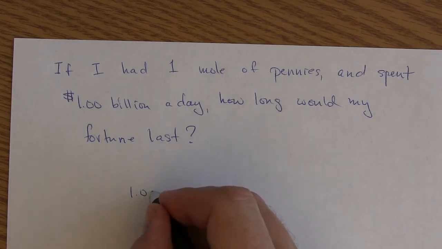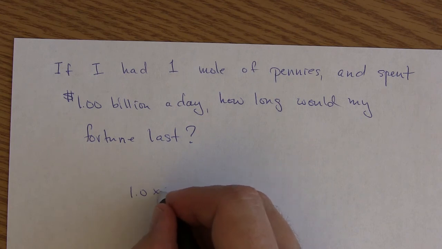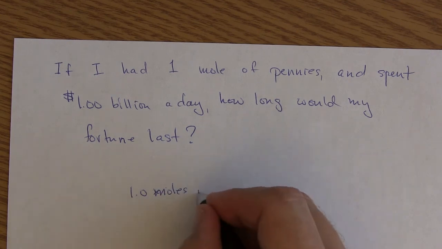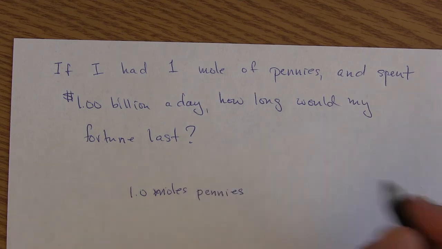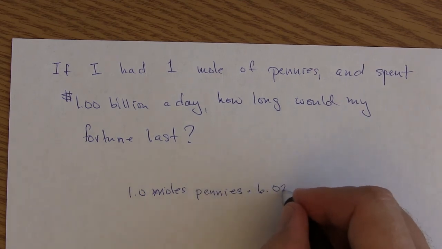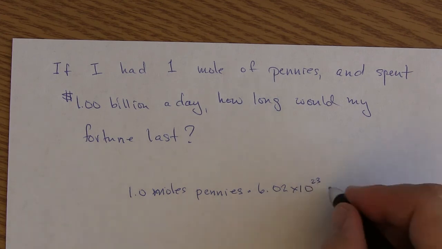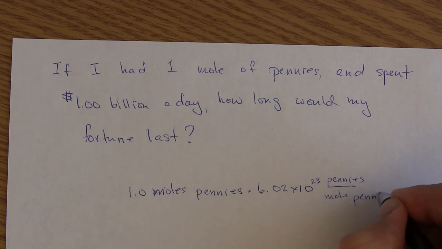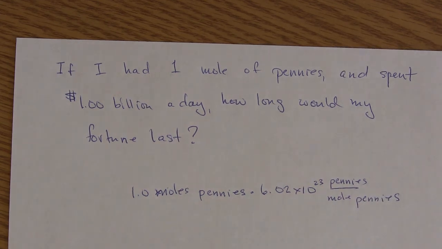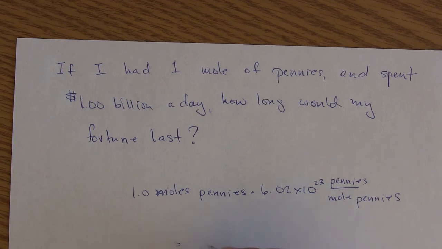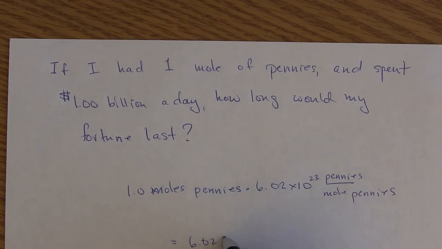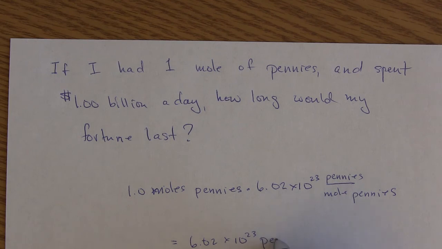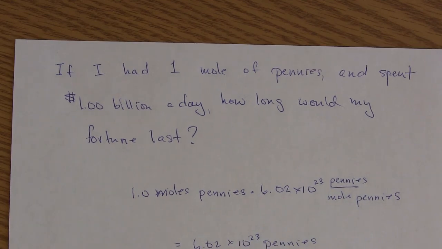1.0 moles of pennies multiplied by 6.02 times 10 to the 23rd pennies per mole of pennies, which of course is just going to give me 6.02 times 10 to the 23rd pennies. And now we want to multiply this by,